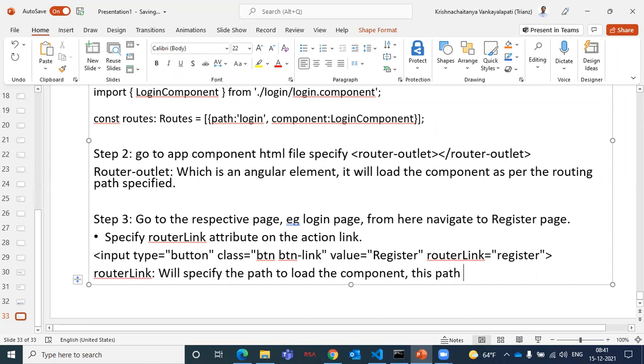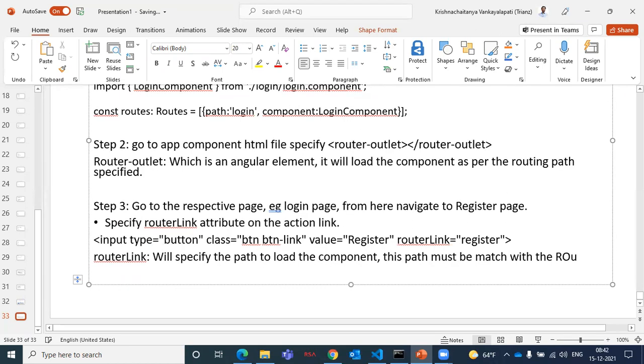This path must match with the routes path. Once done, let me know. If any doubts, please let me know.